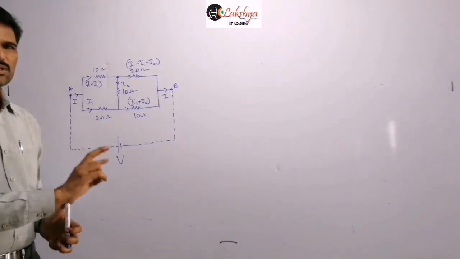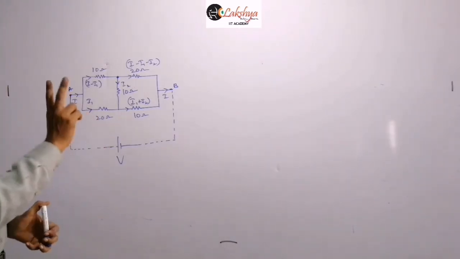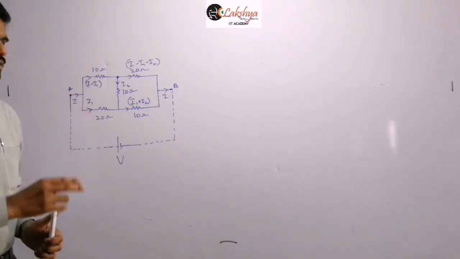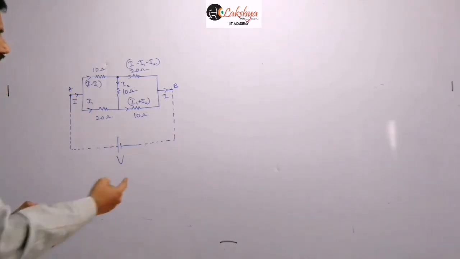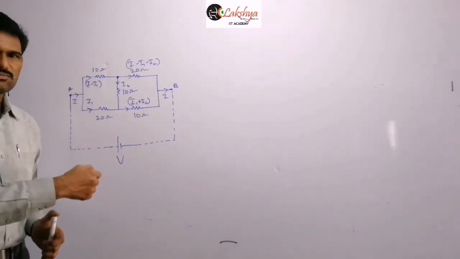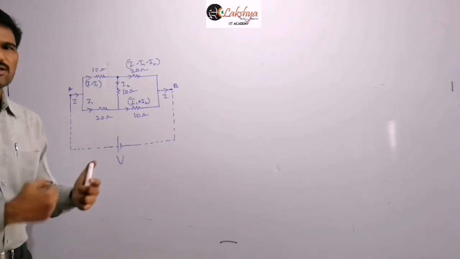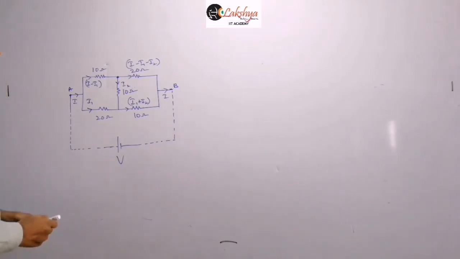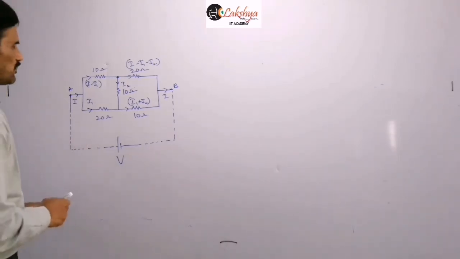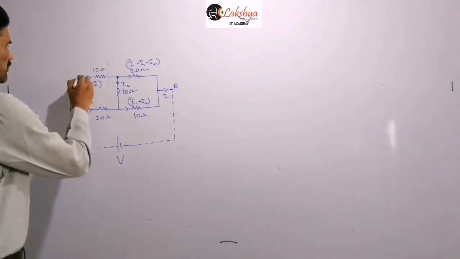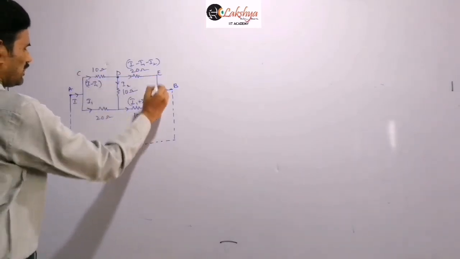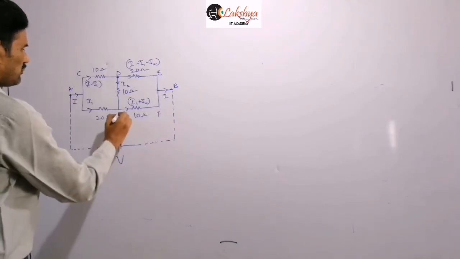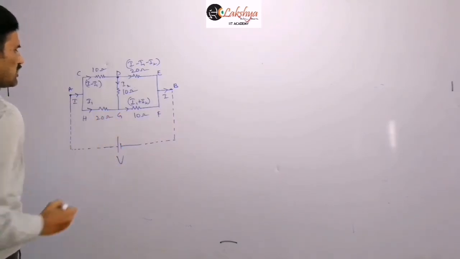So first let us apply the Kirchhoff law twice, so that we will find some relation between I1 and I2. And so then here I1 and I2, and in terms of I we need to express here. In terms of I1 and I2 values we need to find here. So you may apply the Kirchhoff law for any loop here. So I am taking this as some point C, D, E, F, G, H, right?